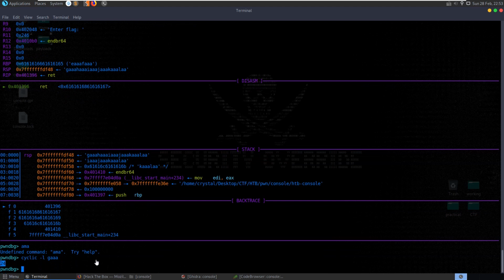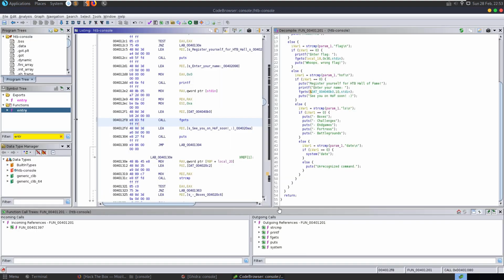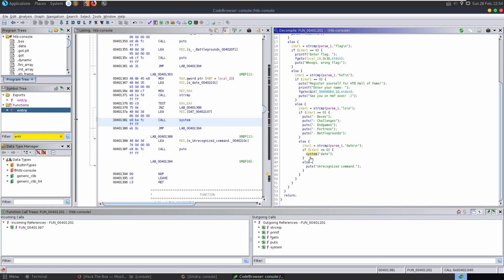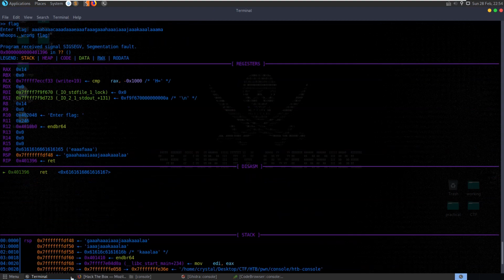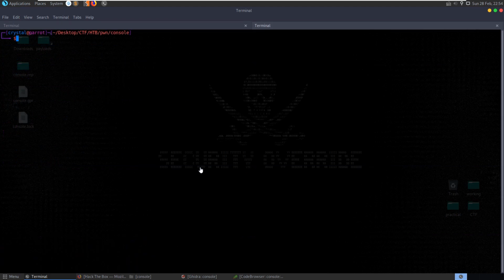Cyclic-l, and then we'll see that it's 24 bytes in. So whenever we're writing our script and we're sending to this, using that flag command, we're going to need to send 24 bytes plus the address of the system call, and then plus the parameter as well. Let me actually just show quickly gdb-peda,